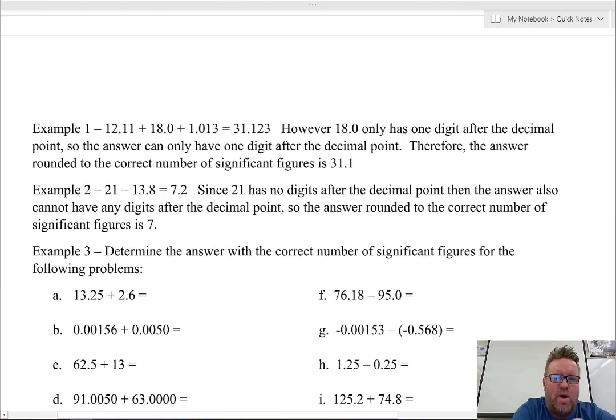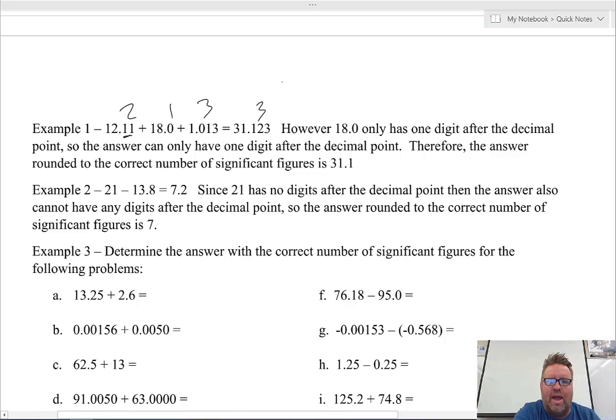So in example 1 here, look at 12.11. It has 2 digits after the decimal point. And it doesn't even matter if they're significant or not. In this case, they all are. So 12.11 has 2, 18.0 only has 1 after the decimal point, 1.013 has 3, and 31.123 also has 3. So when we add those all together,